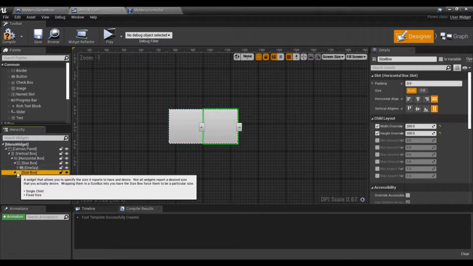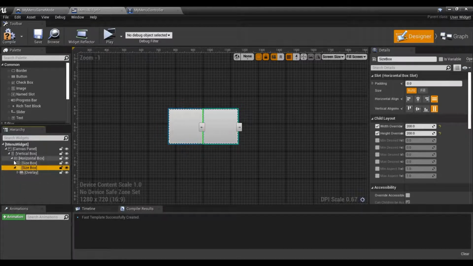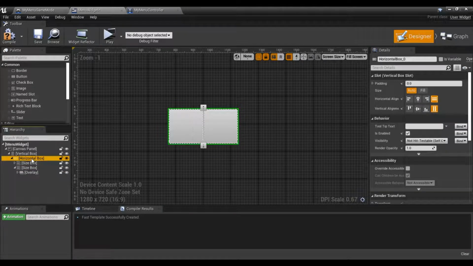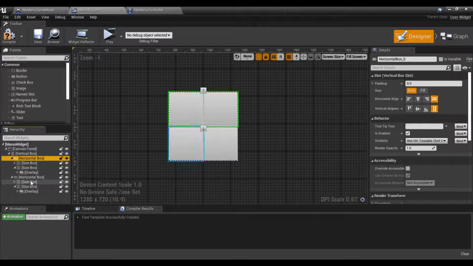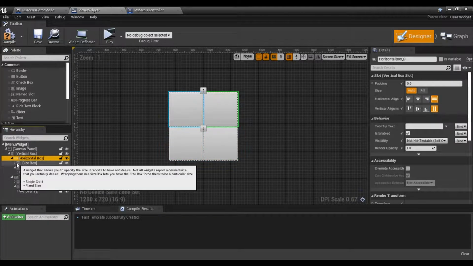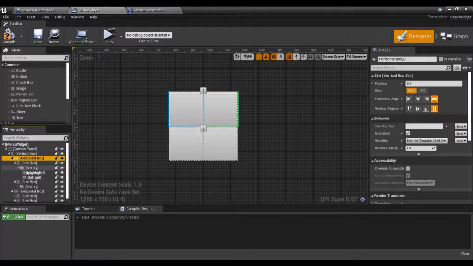Go ahead and collapse those down. I'm going to take my horizontal box, right click, do a duplicate. So now I have all these. Go ahead and expand them out just to make sure. So 0. Open that overlay. So 1, open this one,